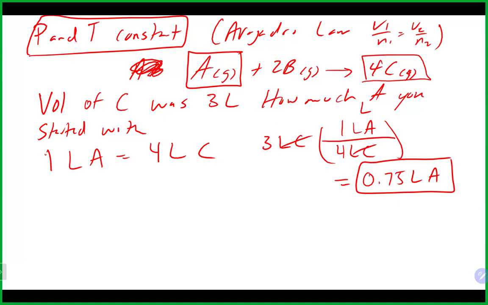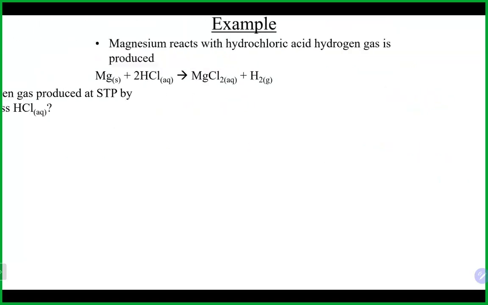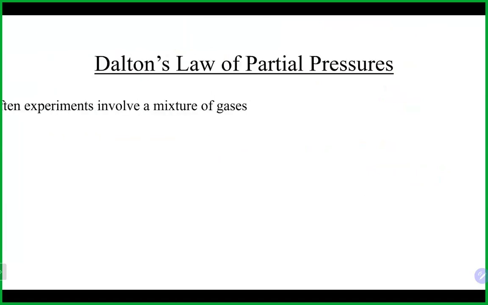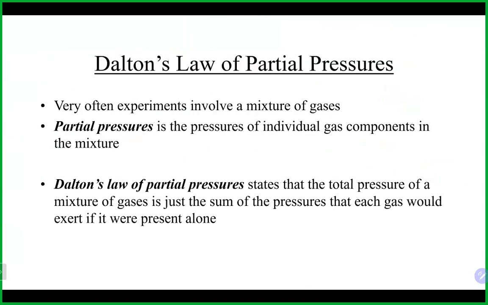A specific situation has to be pressure and temperature being constant. And if you're just doing a volume to volume relationship, you could just do it like a mole to mole relationship and bypass any type of gas law, and it'll come out the same. Any questions again on that? I think we saw that earlier on in this chapter. Okay. All right, the next thing we're going to talk about is the idea of Dalton's law,